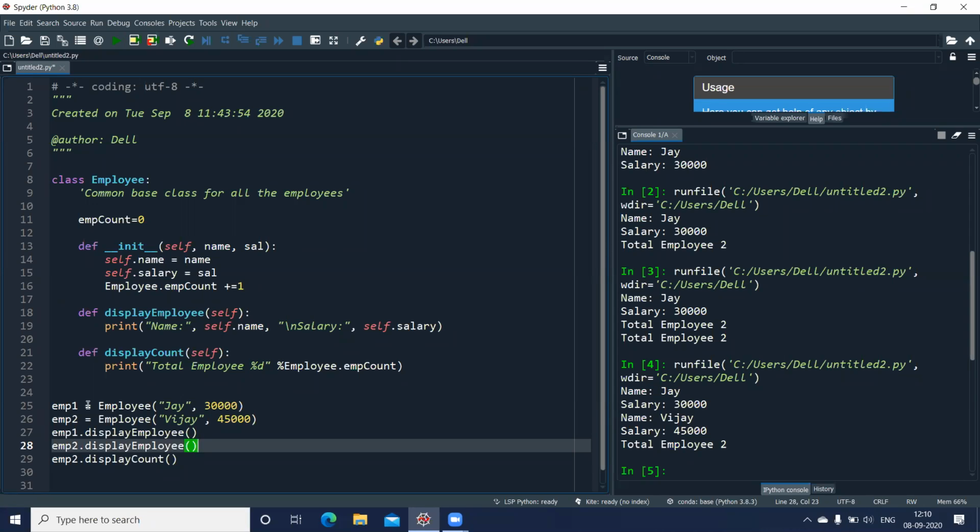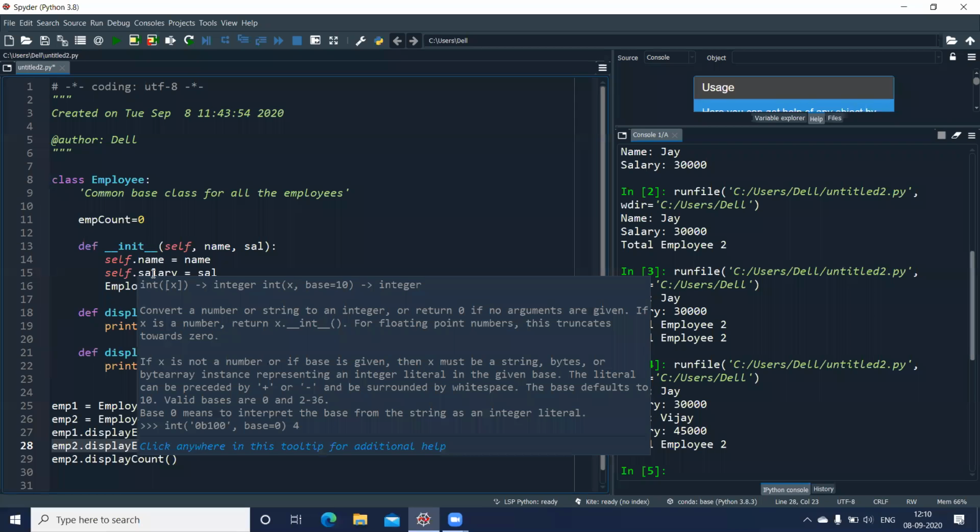An object can be called an instance of a class or an instance of a data structure. Now, this whole thing is nothing but a data structure, and the word which can be used for it is a class. An object contains both your data members, that is your class variables or your instance variables. What are instance variables? Your name and salary. These two are your instance variables, which belong to the object.